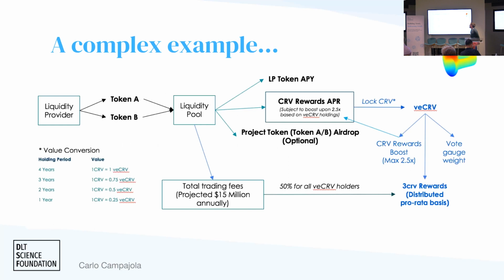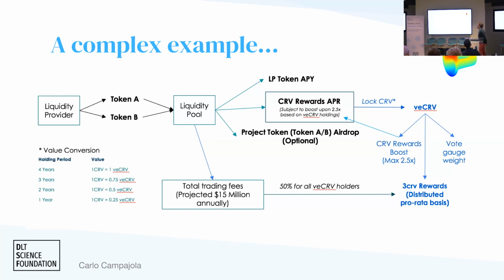Finally, I want to talk about the complexity of tokenomic models, because these things are getting out of hand. This is a schematic of how Curve works, and the CRV token in particular. Curve is a liquidity pool, an automated market maker, with its own protocol. And of course, if you provide liquidity, as Java was saying, you want to overcome impermanent loss, so you want to get rewarded somehow.